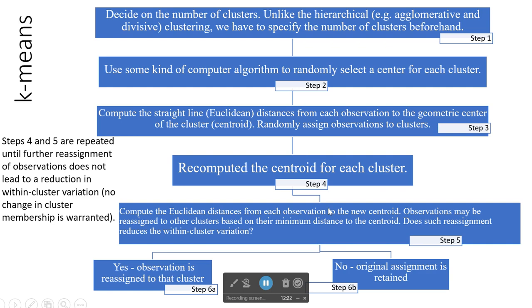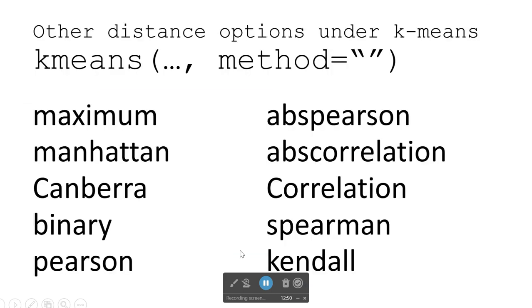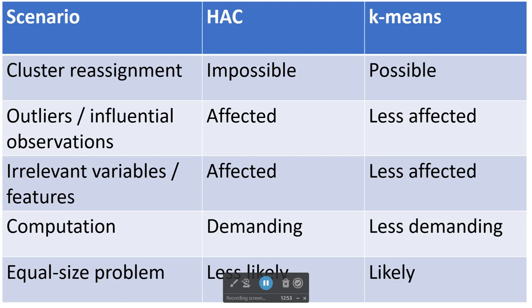As we can see from here, we keep changing the centroids, and then we keep comparing the distances between observations and the new centroid, and we decide whether that observation should remain in the original cluster or they should be reassigned to the new cluster. And because of that, cluster reassignment is possible for k-means clustering,